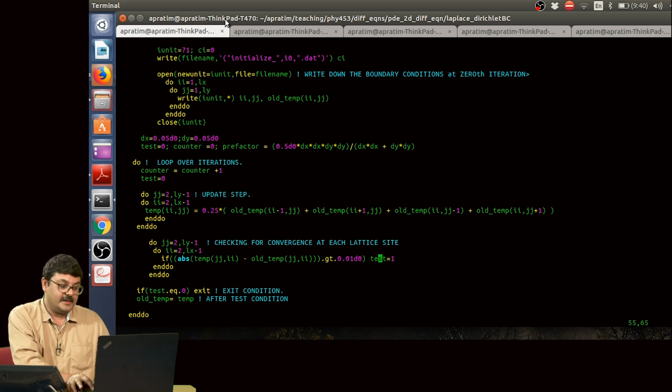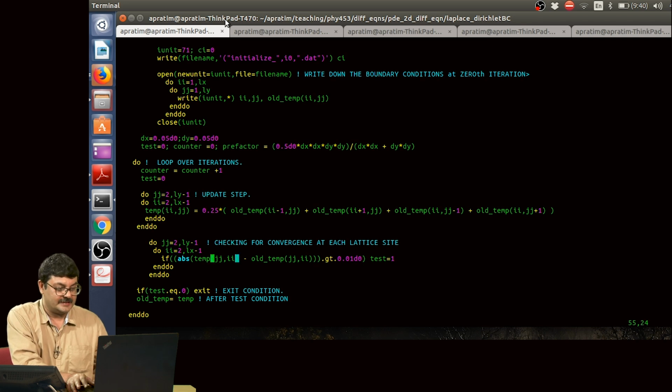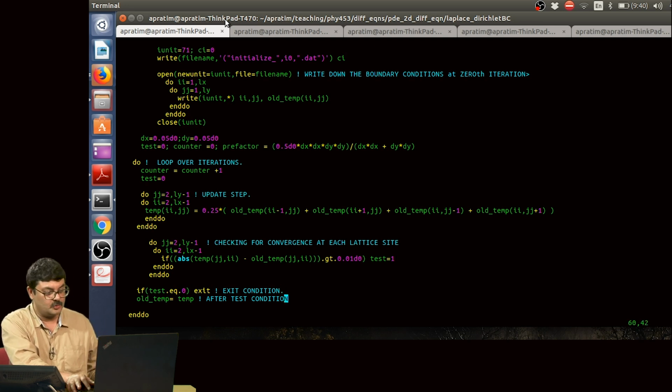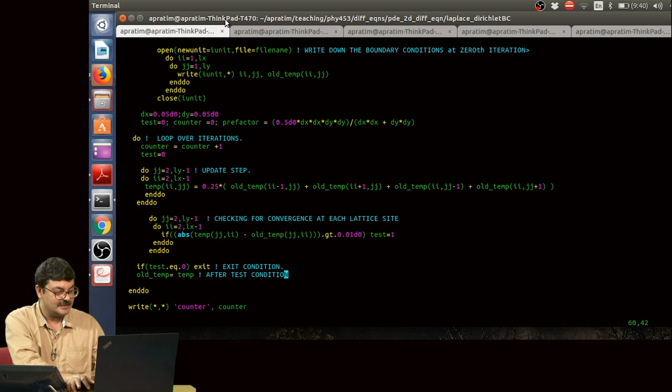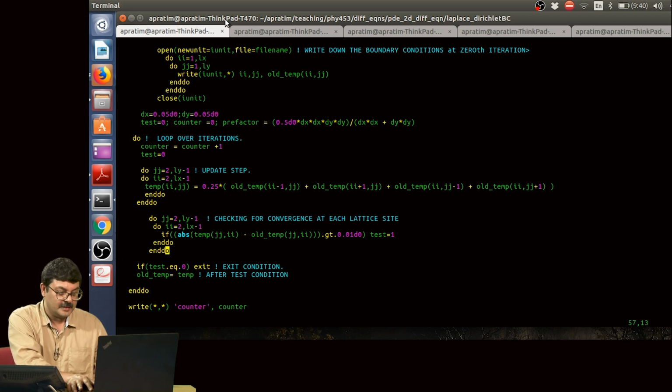And only if the difference in temperature in one iteration for each of the lattice points is less than 0.01, then test will remain equal to 0, else test will be set to 1. If test equal to 0, exit the loop, this is the exit condition, right. However, if you do not exit the loop, that means test has become equal to 1, then you set